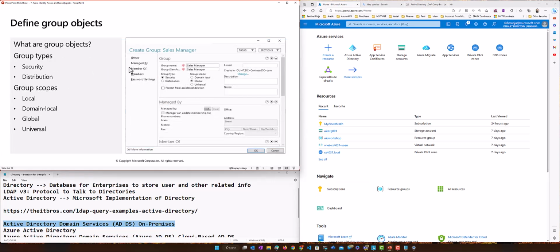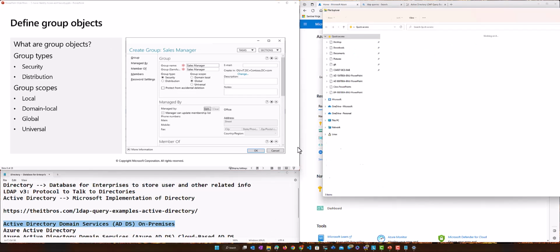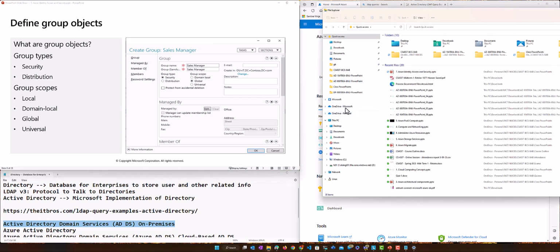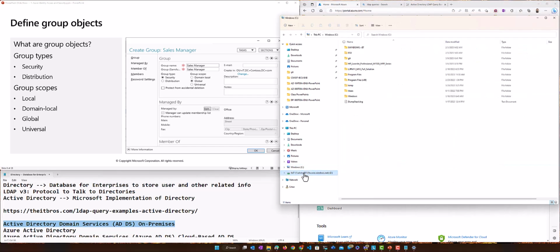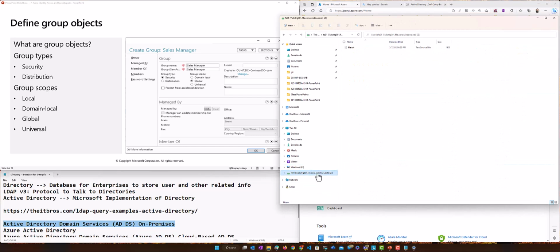Then we have something called groups. I could have a group called sales manager, and I can add all the sales managers. And you can see there's something called security versus distribution. A security group is where I can go into, for example, anywhere in my file system or my portal, and say, let's say this is my file system. I can go into properties,